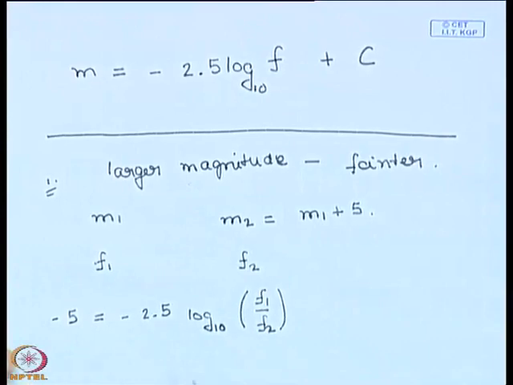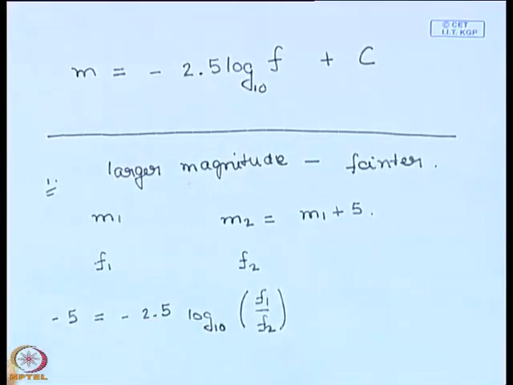So you want the log base 10 of the ratio of the fluxes to be 2, right, which essentially tells us that